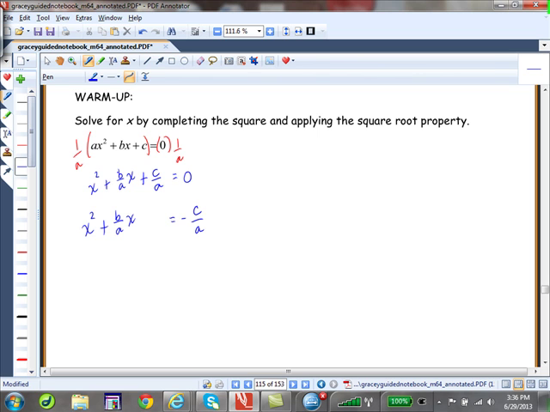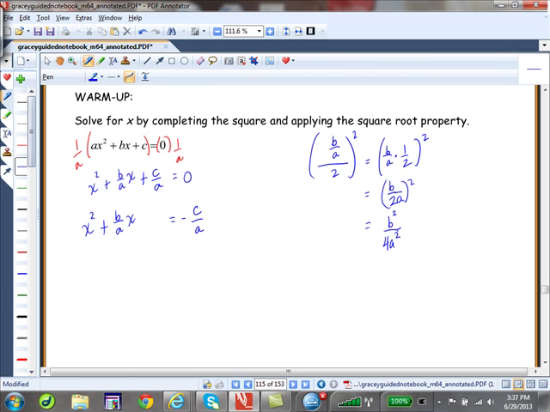So in order to complete the square, the coefficient of the x to the 1 term is our b over a, and then we have to divide that by 2 and square it. So that's going to end up being b over a times 1/2 squared, which is b over 2a squared, which is b squared over